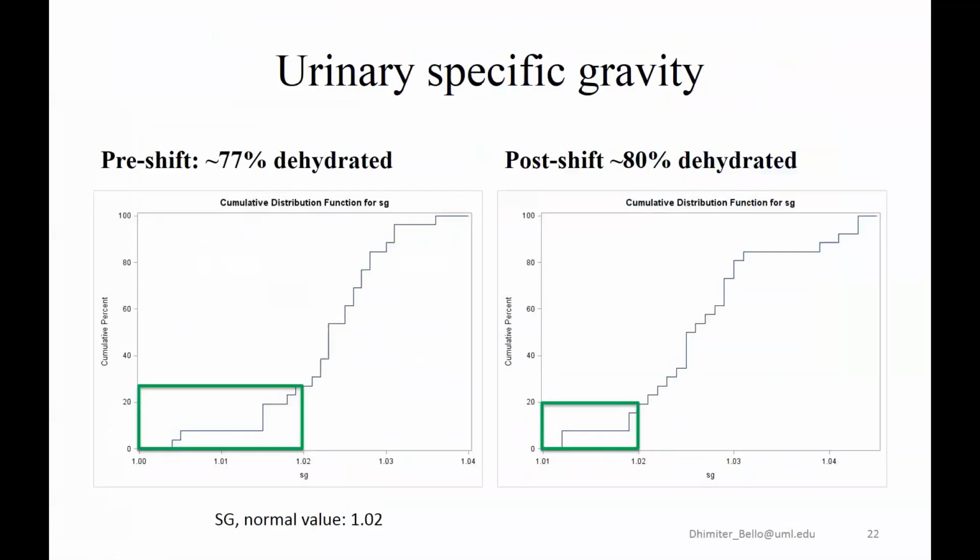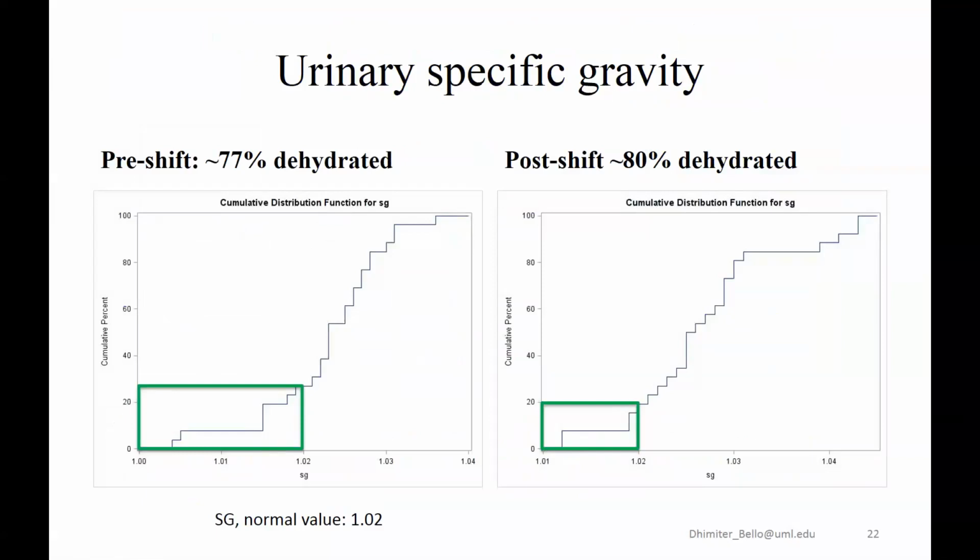If you look at the distribution of specific gravity in urine for the population of workers pre-shift and post-shift, about 77% of all the urine measurements are above what is considered a normal specific gravity for well-hydrated individuals of 1.02, and at the end of the shift, that number goes to 80%. So dehydration continues to be a major issue with these construction workers on construction sites, especially on